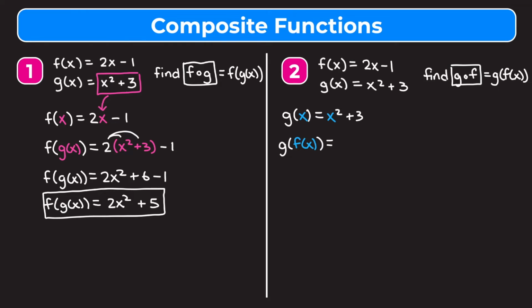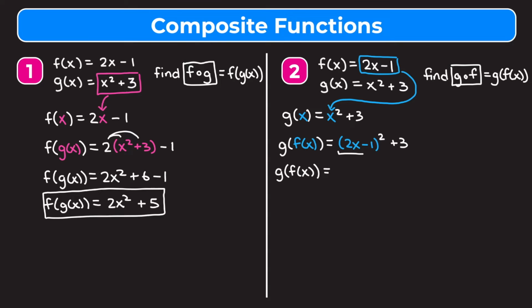This time what I want to do is take my expression for f of x and plug that in for x in my g of x function. So instead of x squared, I'm going to have my expression for f of x, so 2x minus 1, again I always want it in parentheses, that entire thing squared, plus 3. Now I need to simplify the right side of my equation. On the left side I'll keep g of f of x, this is equal to,